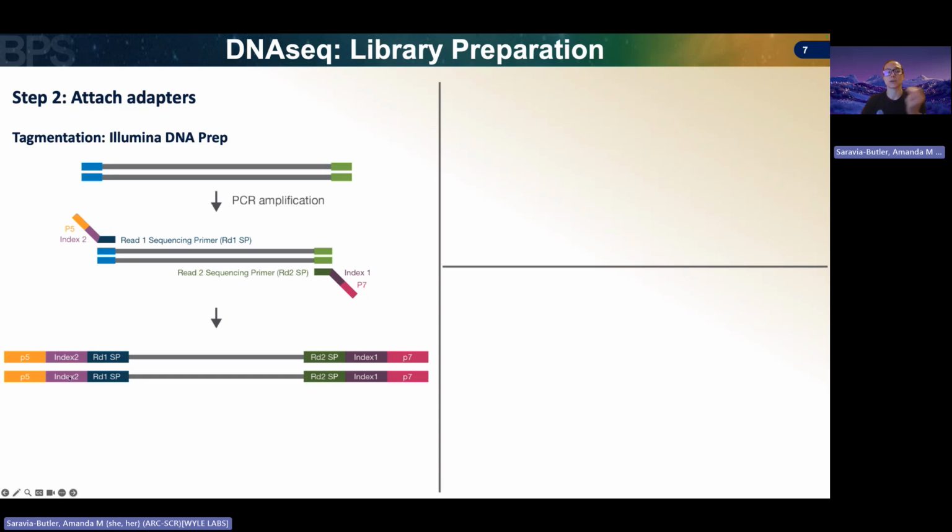So your index corresponds to your sample. And then lastly, here we have these P5 and P7 regions. Again, just a strand of known DNA sequence. And these regions are going to be complementary to the flow cell, which is the platform used in Illumina instruments to hybridize this library onto, to be able to sequence that known region, as we'll see in